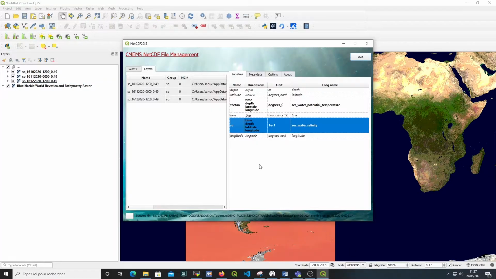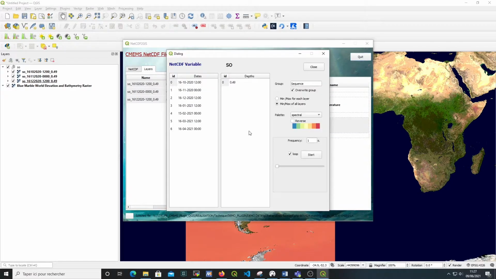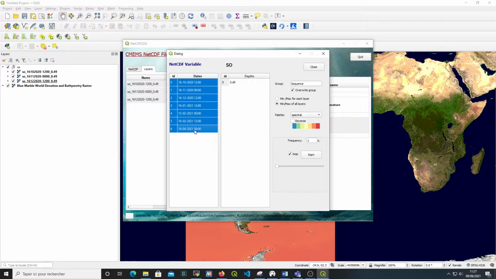You can go back to the plugin, and here I am going to show you how to visualize several time frames in a kind of animation. So you can right click on the variable you want to display and select sequence layers. Here typically you can select all the time frames or several time frames using Control or using the Shift key on your keyboard and going to the bottom of the time frames. You can select all the time frames,